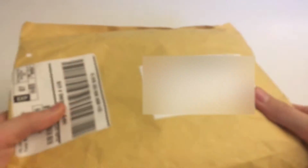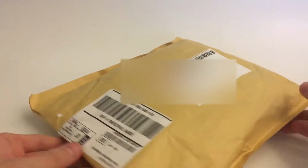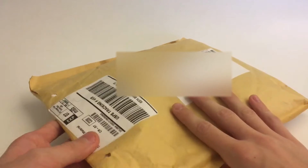RJMBricks, and today I'm going to be showing you the latest parts I ordered off of the LEGO Parts and Pieces service on LEGO.com. This is not from Bricklink. I have never ordered from Bricklink. I have no idea how good it is, how bad it is, so I just stuck with...